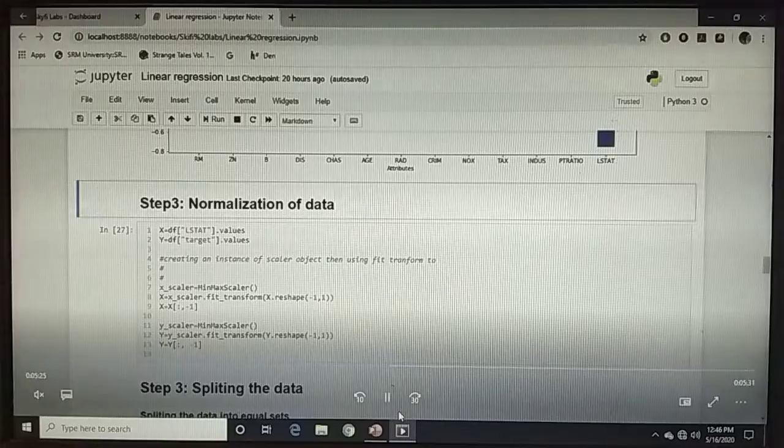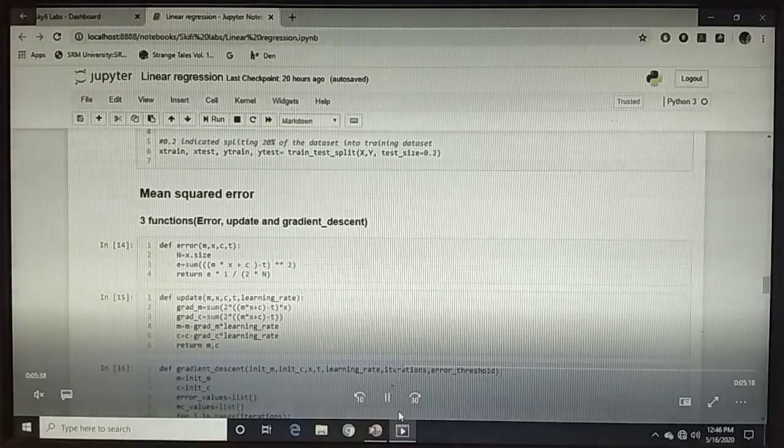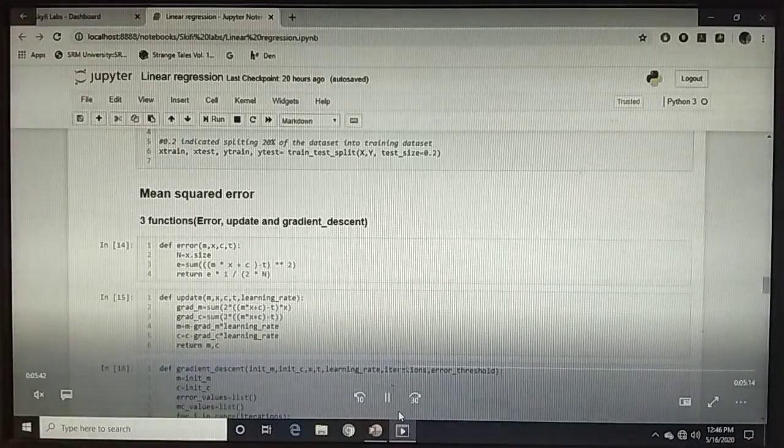Then I need to define some kind of cost function. Here I use the mean square error function. I need to define the function for return. I define error to find the mean square error. I will define update to update the m and c, the slope and intercept, for linear regression.